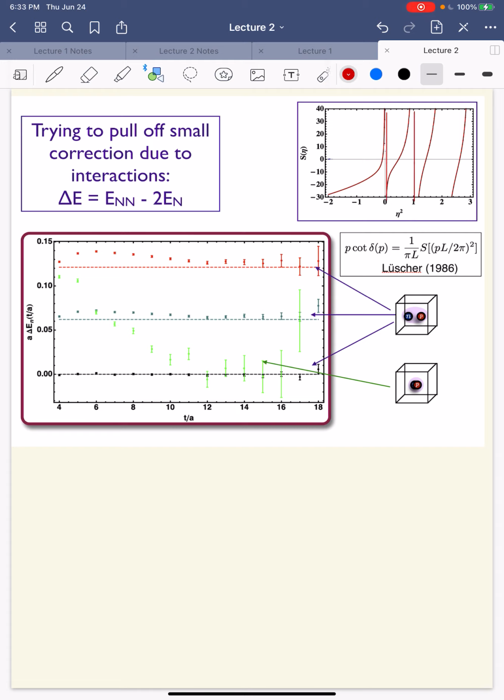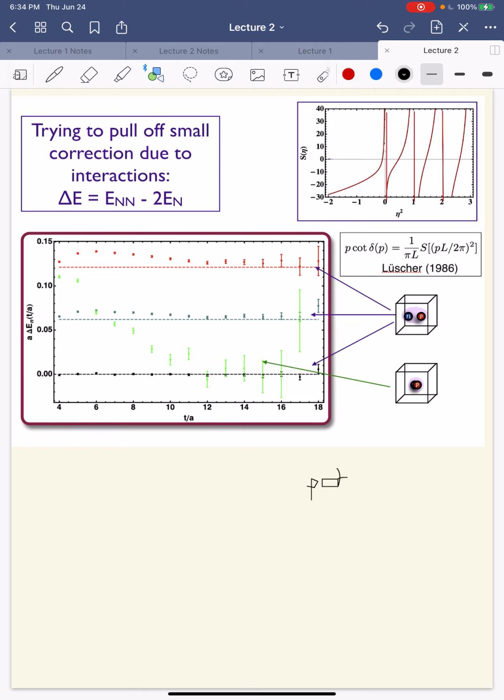So there are poles everywhere, every time you go through a non-interacting energy, because when the particles are non-interacting, we know p cotangent delta,